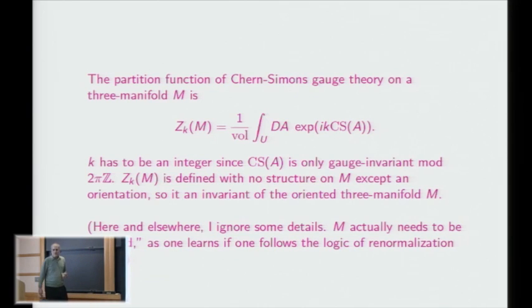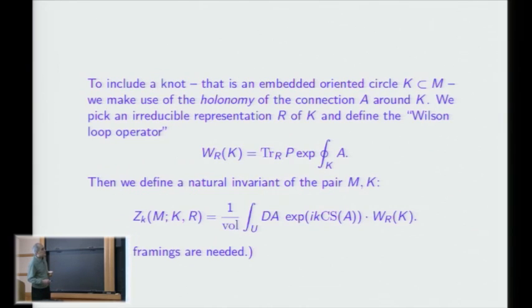So whenever there's, for any G, whenever there's an expression like this that makes sense, you try to make a quantum theory. And the non-simply connected case has interesting properties, some of which were actually first explored by Moore and Seiberg in 1990. Now, to include a knot, which means an embedded circle in M, well, we need to find some